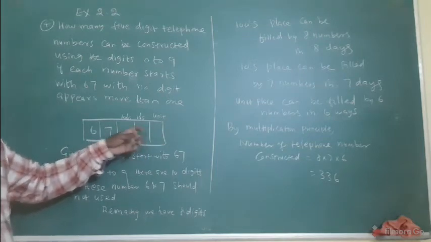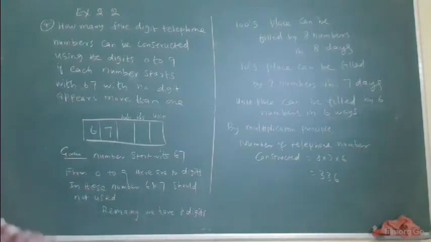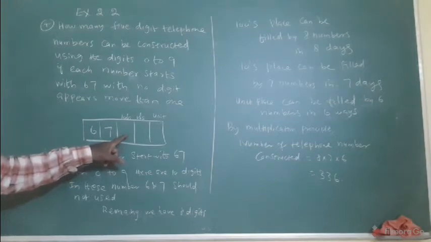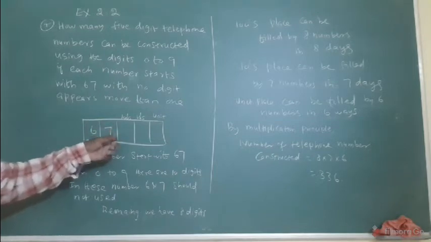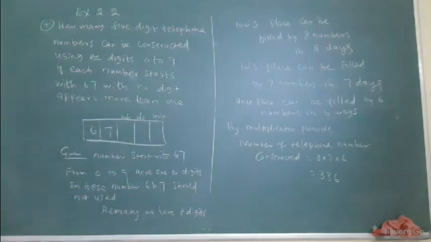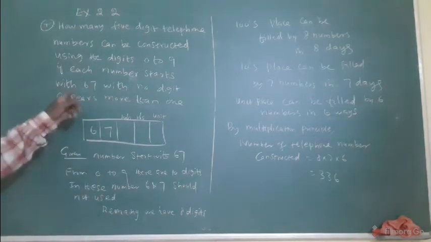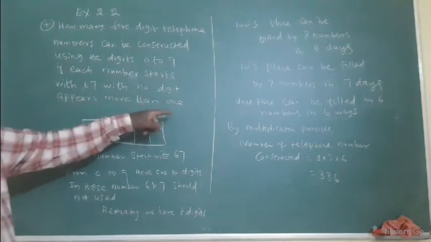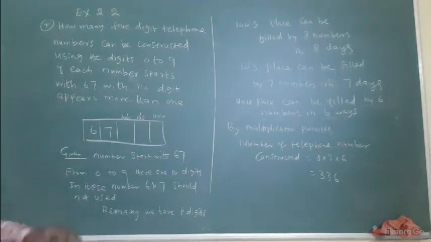8 ways, what is the reason for 8 ways? We have 8 numbers. You will put any one of the numbers, am I right? Except 6, 7, you will put 0, 1, 2, 3, 4, then 6, 7 is there, 5, then 8, 9. In this way, 8 numbers, you will put any one of the numbers. That's why 8 ways. Whatever number is already used, the remaining numbers are only 7 numbers. Am I correct? Because repeating is not allowed. Suppose here 7, here 7, that is wrong. If no digit appears more than once, that means what? Only one time. That means repetition is not allowed. That is the meaning. Very simple concept, but this is an application problem.